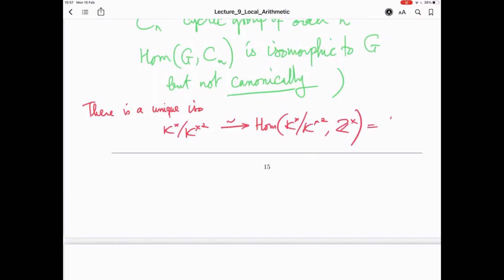By Kummer theory, this is the same as the Galois group of M over K, and M is K adjoin the square roots of everything in K star. This is a Galois extension of K. So there's a unique isomorphism here, let's call it rho,